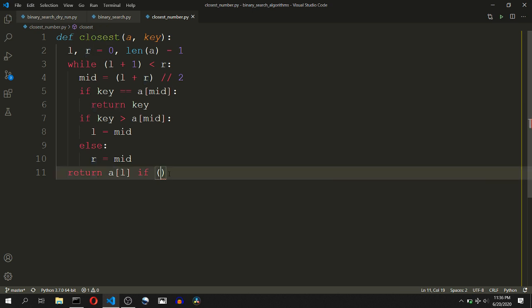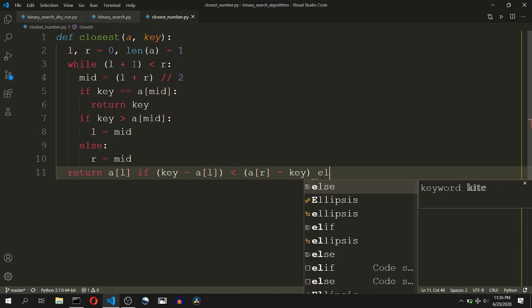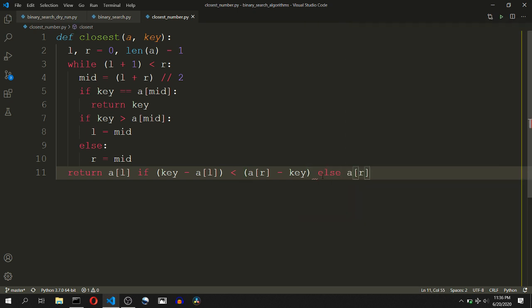So for calculating the absolute value, key should be first because key is greater than A of L. If this absolute difference is less than the absolute difference between the right element and the key, we will return A of L. If it is not, then we will return A of R.